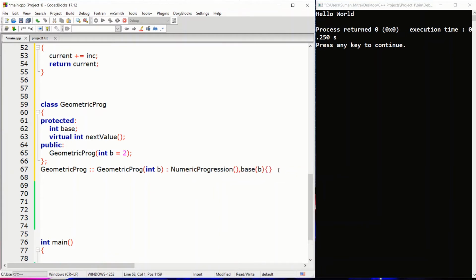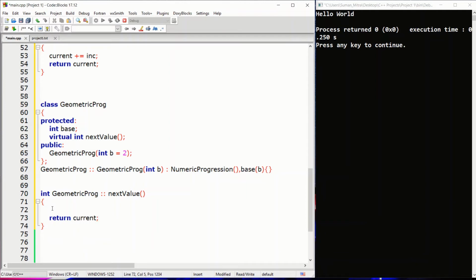Okay, now we come to how to print out the next value. What should the next value actually be? So we'll just write the name of the class first of all, just the return type. It should return a type integer. The name of the class is geo progression, and the next value, it's a return type of integer. We'll just return the current value. And what should the current value be?